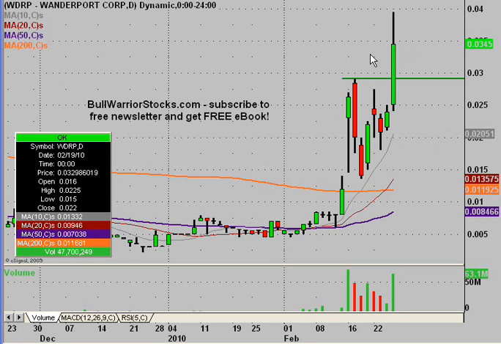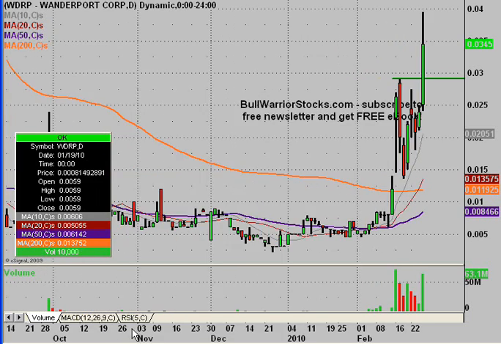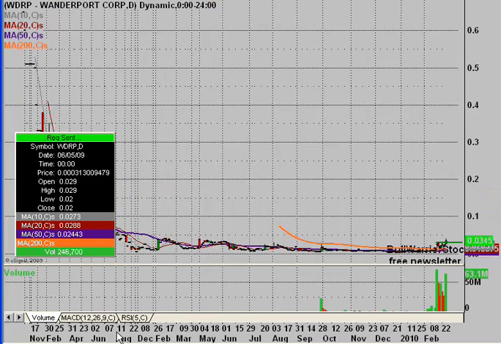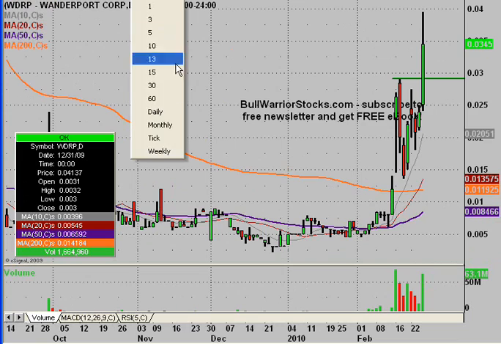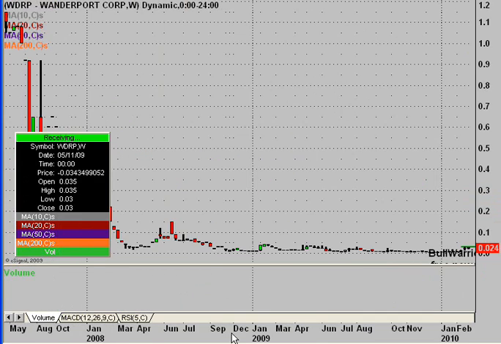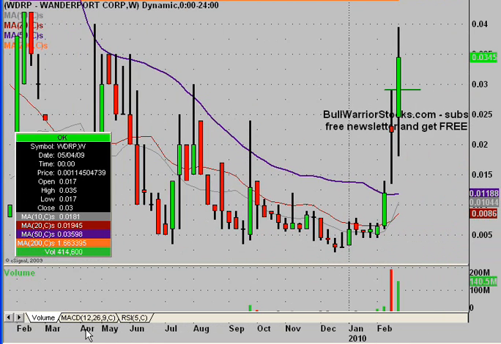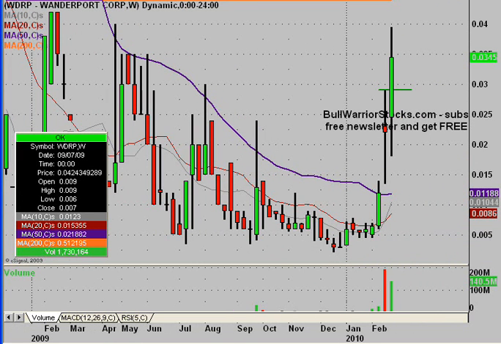Now for the fun stuff, let's map out some resistance levels. And for this, I'm going to have to shrink up the chart some, just so we can go back into the history and find. And you know what I'm going to do? I'm going to just use a weekly chart. That way we don't have to scrunch up the chart so much. So here we are. From the weekly chart perspective, you can see that 4 cents is going to be a key resistance. Didn't quite get up there today, but pretty close. And you can see that looking back here,